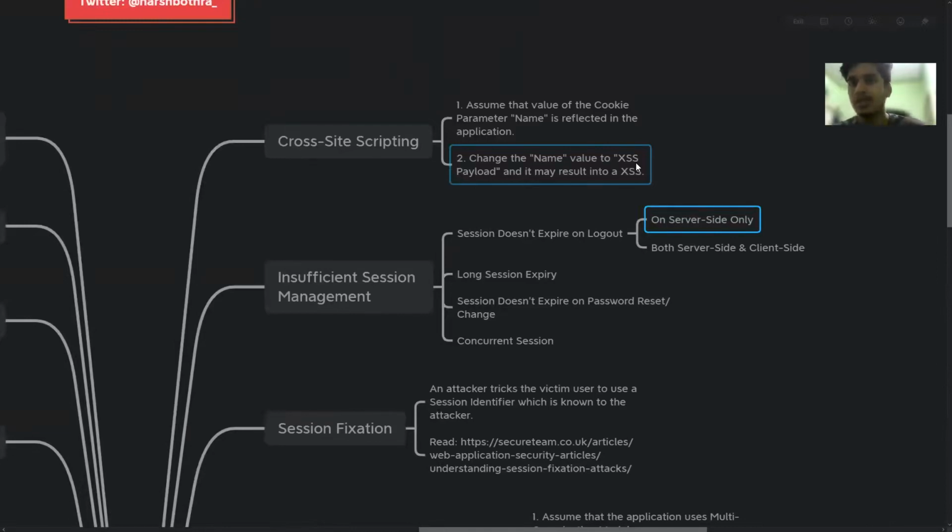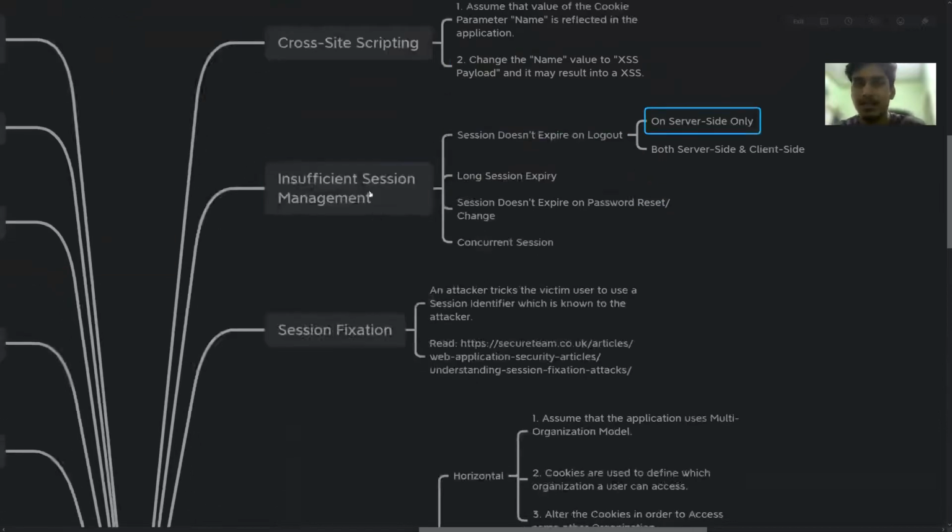Now, the second question: how can I possibly increase the impact from self XSS to a good XSS? The answer is if you can do this with CRLF injection, right? So this is one way: if the application is vulnerable to a GET-based CRLF injection, where you can send a user and try to inject an arbitrary cookie and replace this name cookie, or add some header injection using CRLF, you can still try to achieve a good XSS using the self XSS that you found in the cookies, right? So always look for ways to increase the impact. There are a lot of ways to increase the impact, and all you have to do is look a little bit deeper, right?